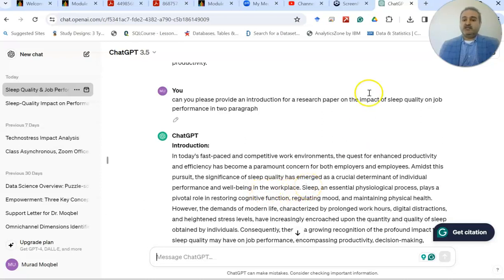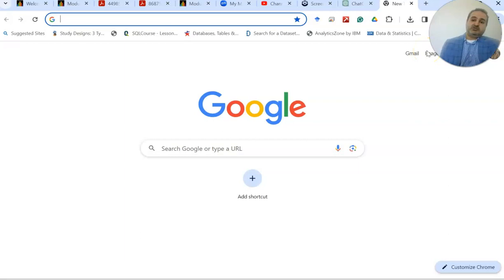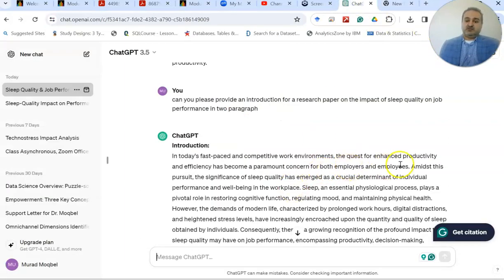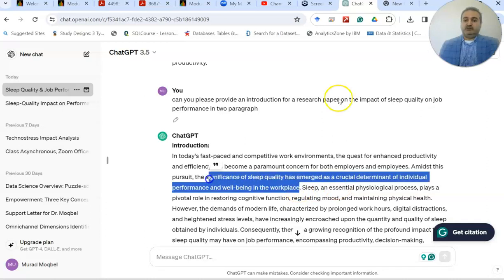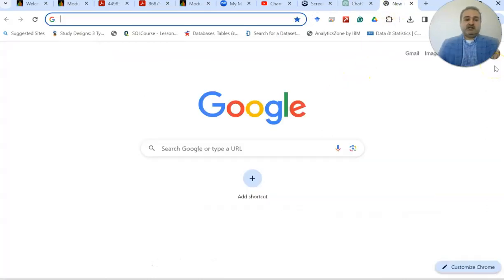And then provide citations. So for example here: in a fast-paced competitive work environment, the quest to enhance productivity and efficiency has become a paramount concern for employees, and sleep quality has emerged as crucial to determining individual performance. Okay, so now let's say that you want to support this sentence with a citation. What you need to do is go use Google Scholar,